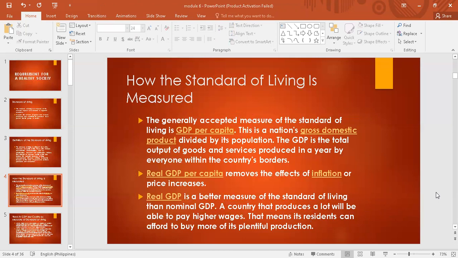So, in that case, for example, if the Philippines produces mango and many people avail of it, it is more profitable and can afford to pay higher wages to its farmers. Okay? So that means the residents, those consumers, have more ability to buy. That is what we call demand. So demand, in economics,